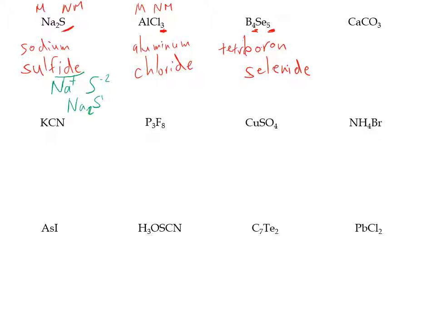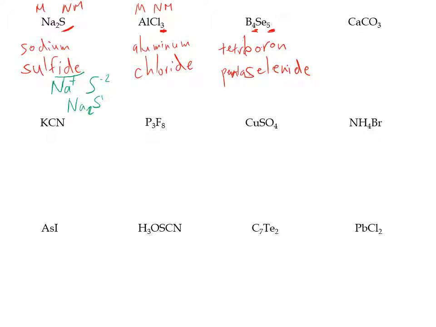So tetraboron. 5 for selenium, it's penta. So we write penta like pentagon, pentaselenide. So tetraboron pentaselenide. Again, anyone seeing this and wanting to figure out what this thing looks like is going to